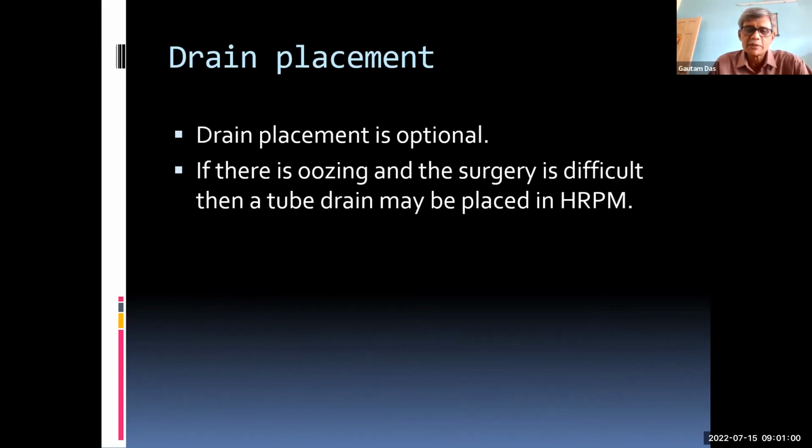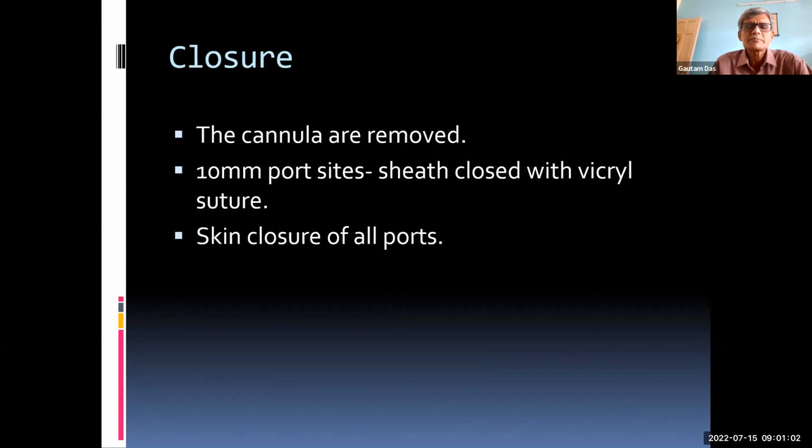Otherwise, you have to place the drain. Closure you have mentioned. There are several techniques of closure, especially for the umbilical port. You can use some form of trocar closure device, or you can place the sutures during the placement of the initial trocar and then close it.